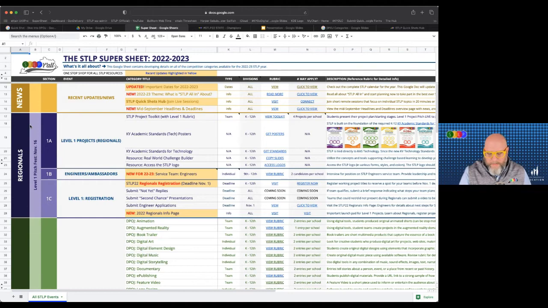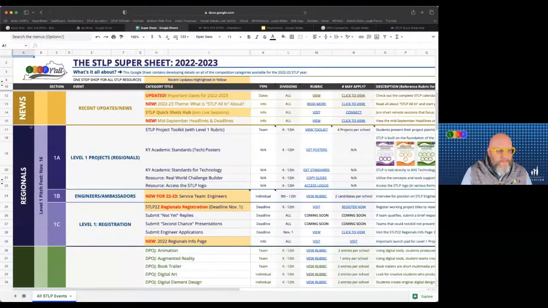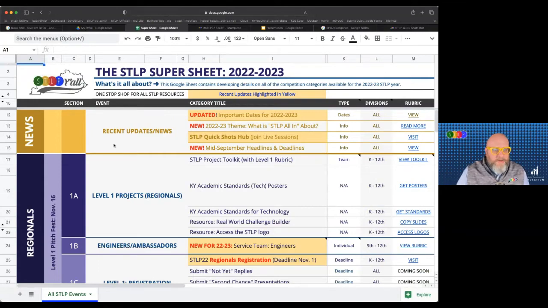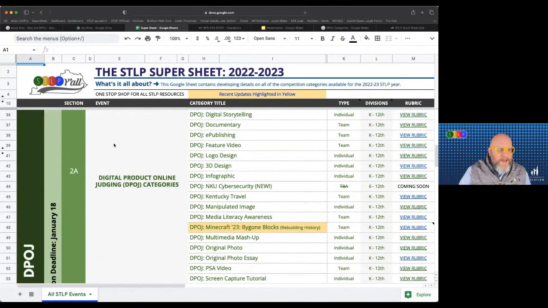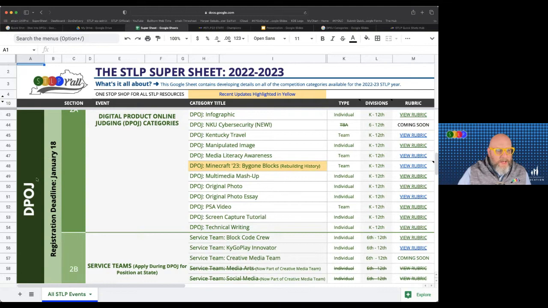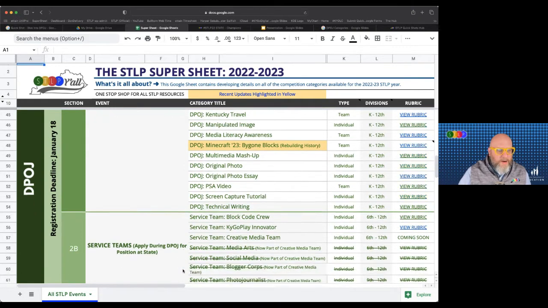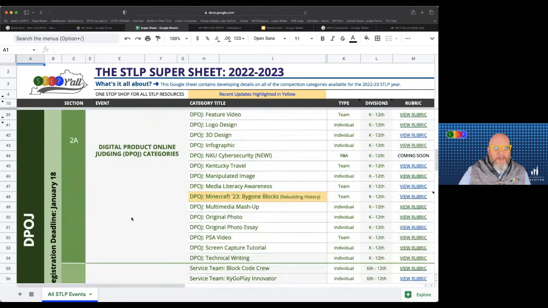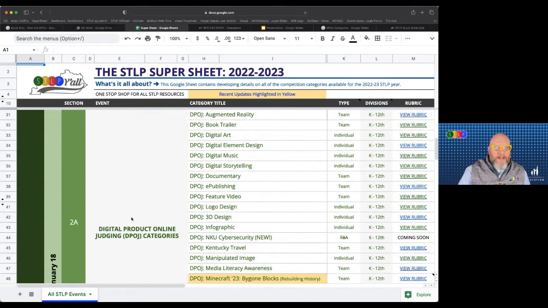And let me blow this up a little bit to make it a little bit easier for you to see. Here we go. Our news section at the top, regionals, and then if you scroll down to this area, you'll see that all of these links through here, 2A, 2B, 2C, this is all STLP DPOJ related activities.